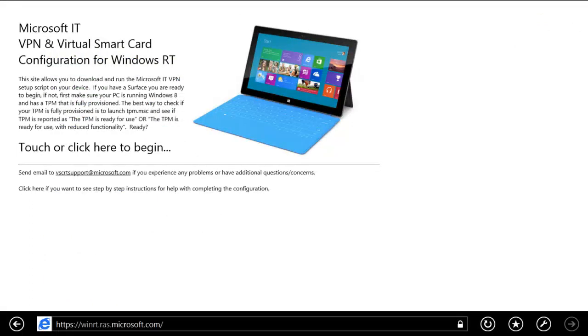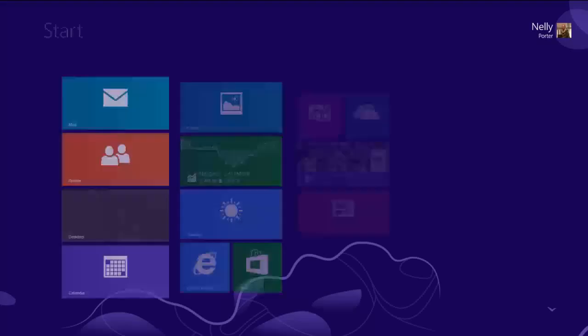And you can access the share. Right now I'm accessing our own share for the deployment of virtual smart card in Microsoft, but you would be able to authenticate the user with a simple swipe.